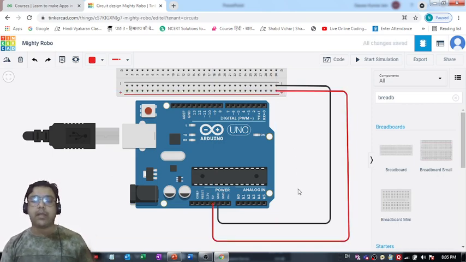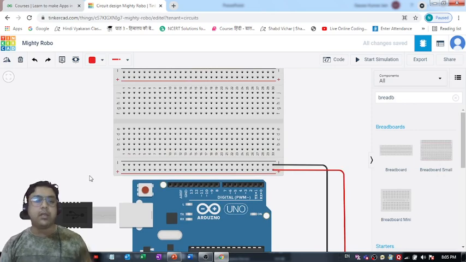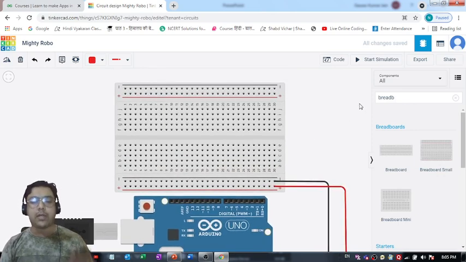Yesterday also we made the same connections, and today also we have used the same process. Now what's the next step? Because for this circuit that we will design today, we need this upper part of this breadboard also. So for that we will have to connect this part with this part of the breadboard so that we can provide current to the components that we will be putting over here.